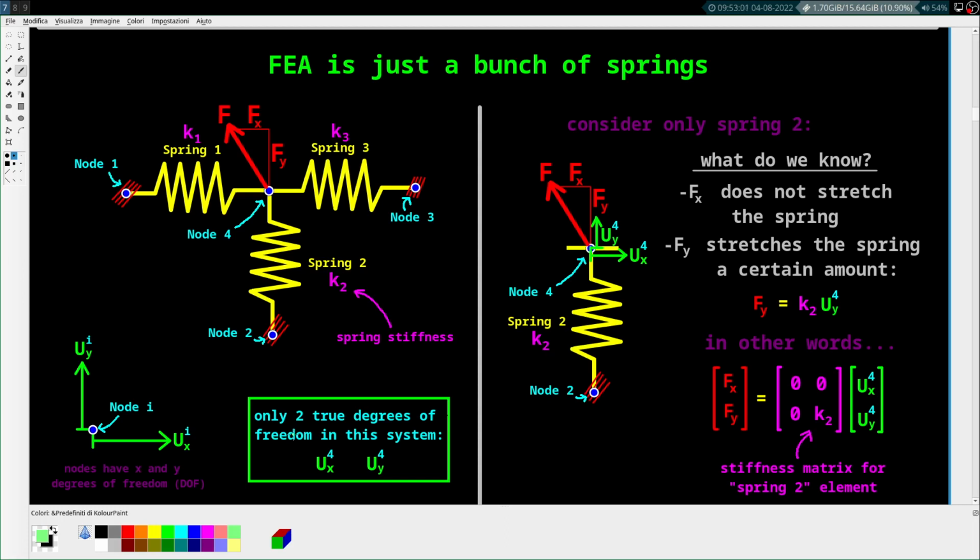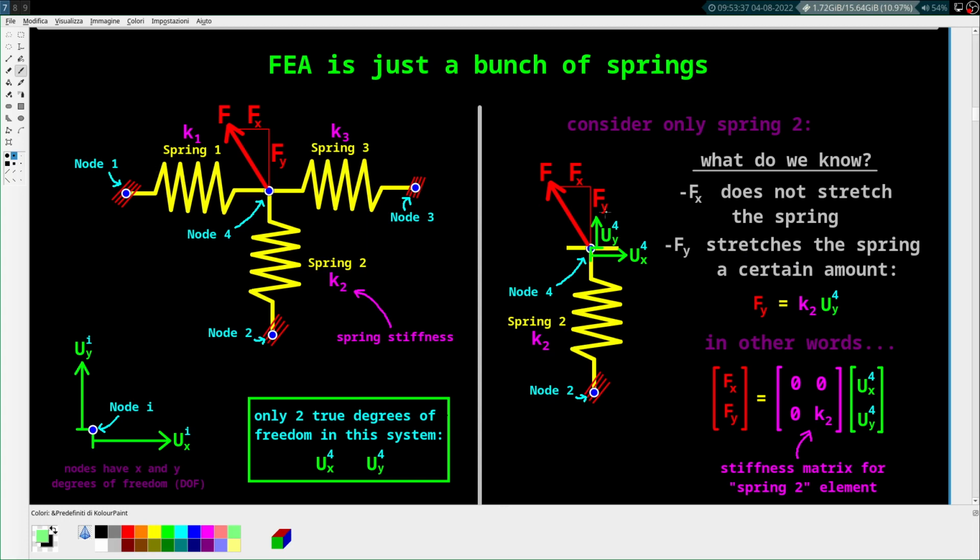That's UX at node 4 and UY at node 4. So it can move in both those directions. And by the way, this 4 is not an exponent. It's just talking about which node we're talking about. You'll know the difference between an exponent and a superscript here, it'll become very obvious. And also these springs have their own spring stiffness, obviously K1 for spring 1, K2 for spring 2, and K3 for spring 3. Okay, now if you look only at spring number 2,